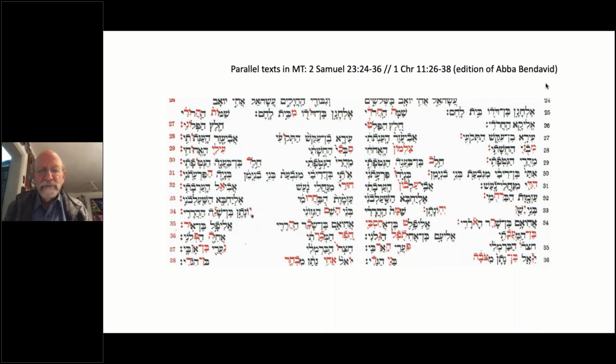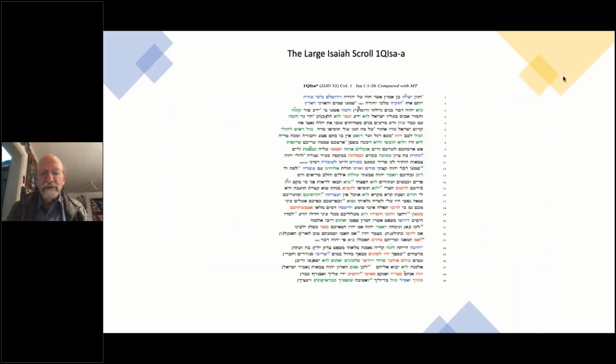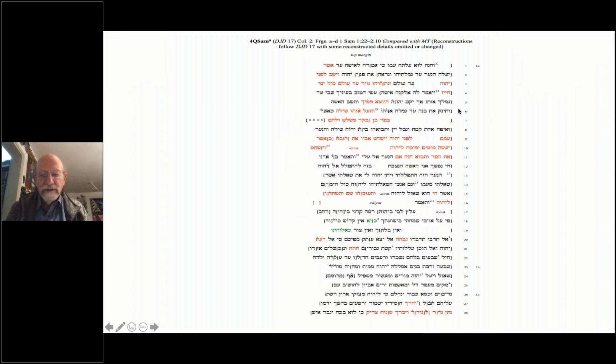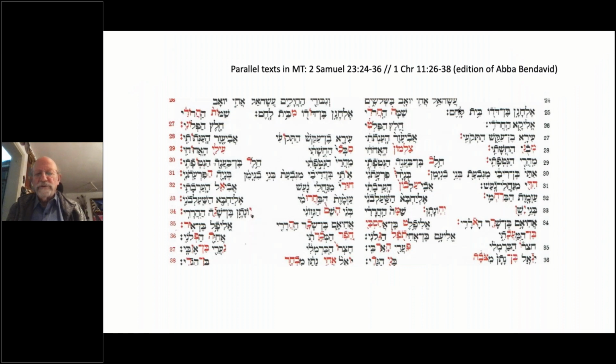are interchangeable. You see towards the end of verse 25, Shamma with a hey at the end, and there you have in the parallel text in Chronicles Shamot. So that would be an interchange between hey and tav. And then you have this word hacharodi, but in the parallel text haharori. So you have multiple interchanges, hey chet and dalet resh, and all the other